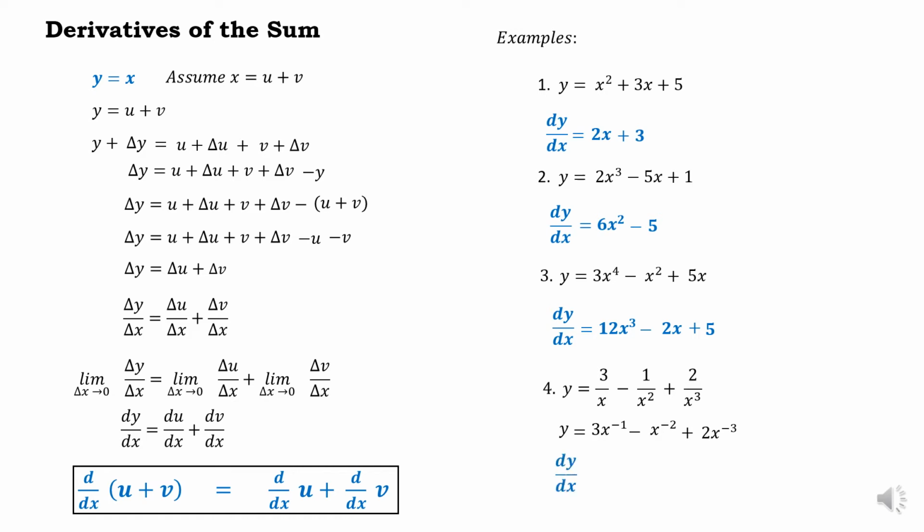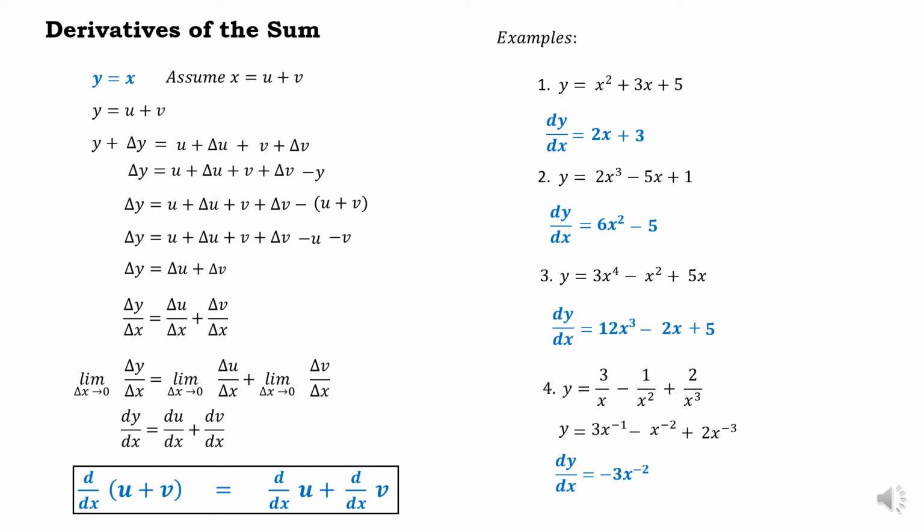And the derivative of this, therefore, dy over dx: the derivative of 3x raised to negative 1. The coefficient is 3, the exponent is negative 1. 3 times negative 1 is equal to negative 3. Then subtract 1 from negative 1, that becomes negative 2. Therefore, the derivative of 3x to the negative 1 is equal to negative 3x